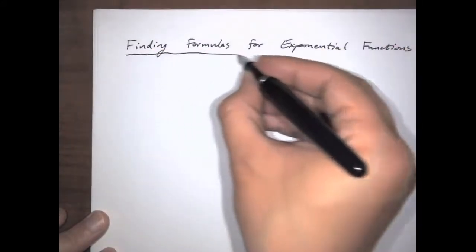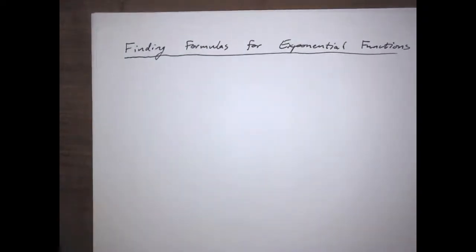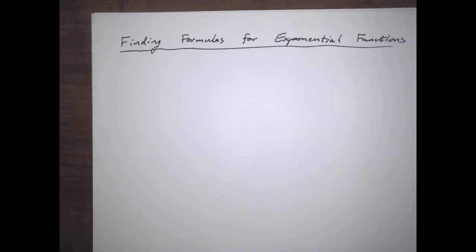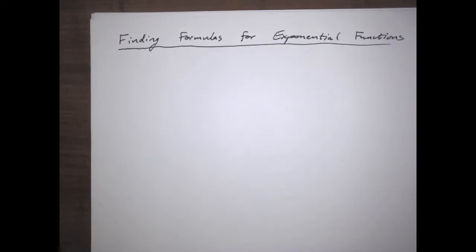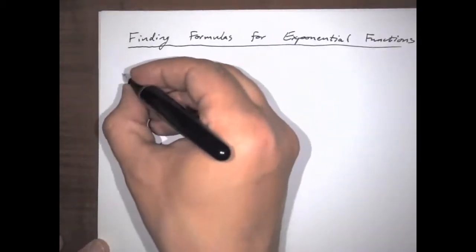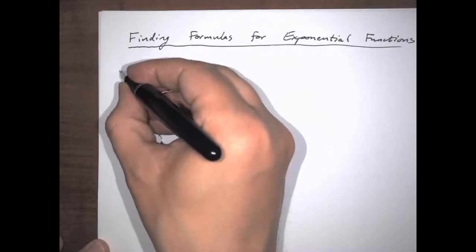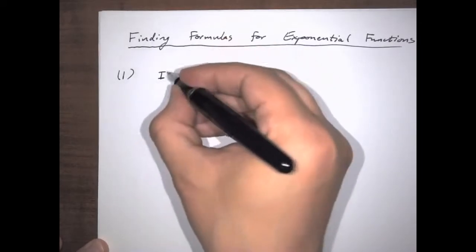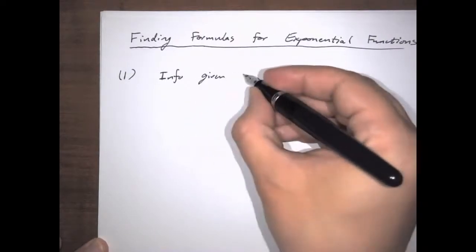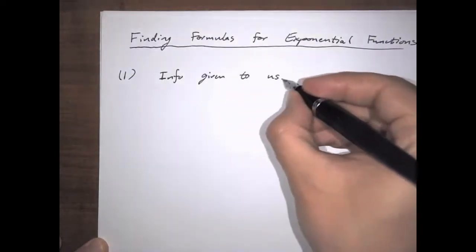Alright, so this is going to come in a spectrum from easier to harder. And the easiest version of this kind of question is going to be one where the information is basically going to be spelled out for us. So the easiest kind is, so phase 1, info given to us. For example,